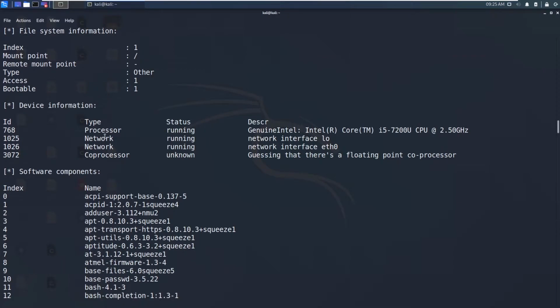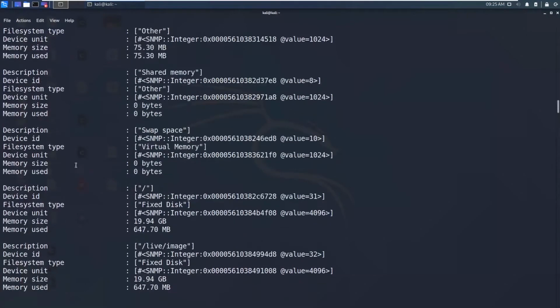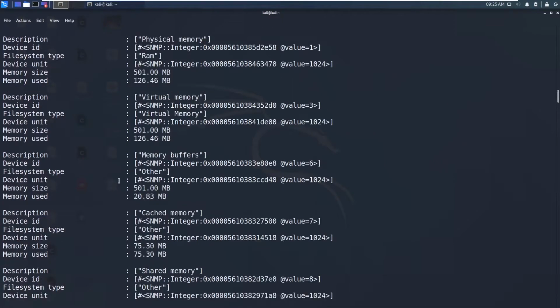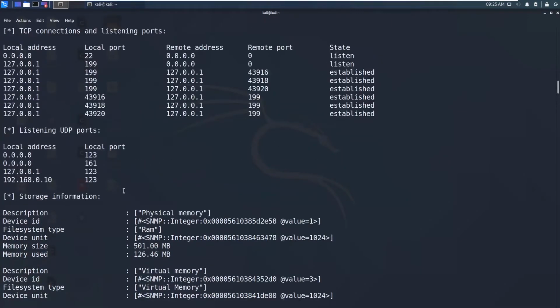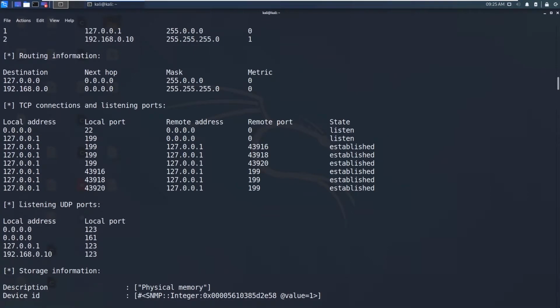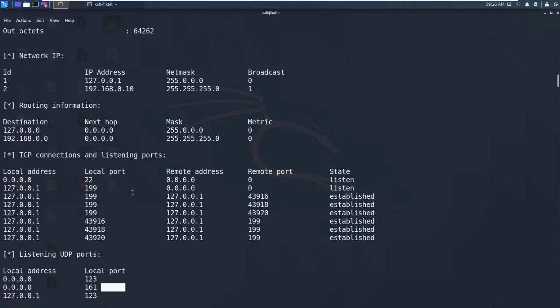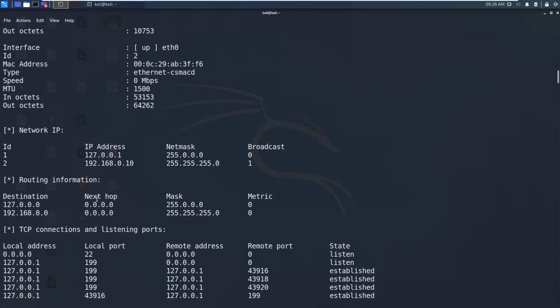So you can use this snmp_enum. Intel i5, this is my laptop's processor, and you can see some storage here, shared memory, cached memory, virtual memory, etc. And you can see the listening UDP ports, which include 161, our SNMP service, and you can also see the TCP ports and the connections, and you can see the routing information as well.